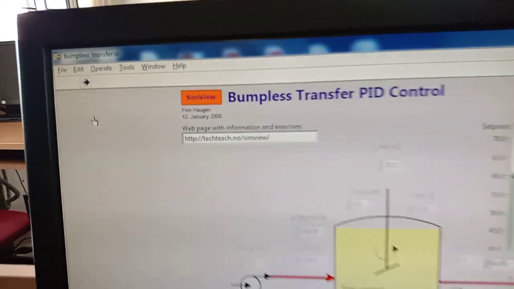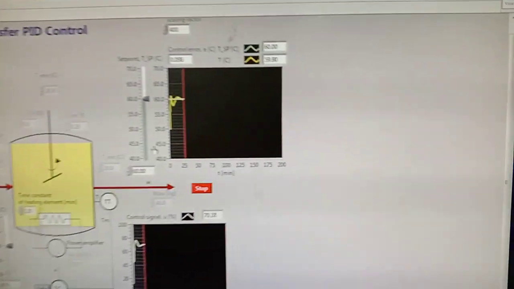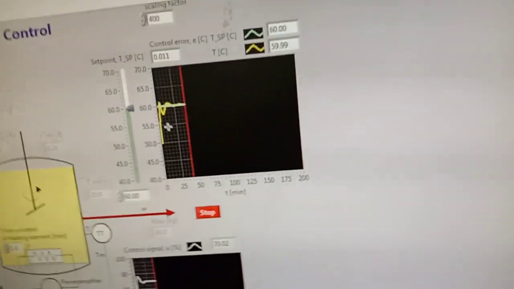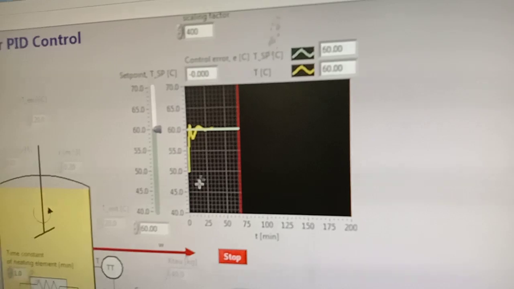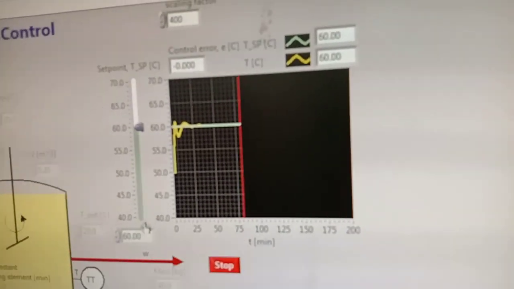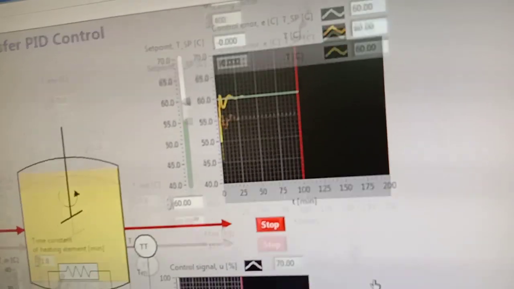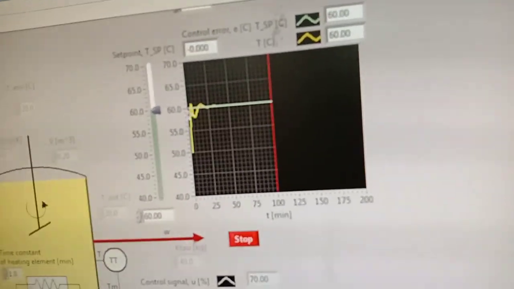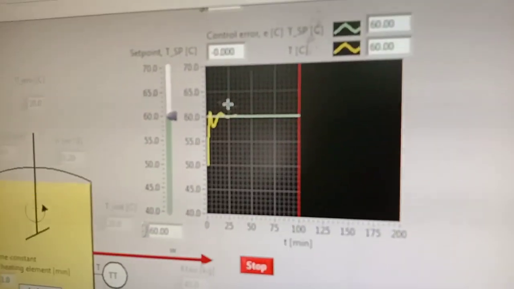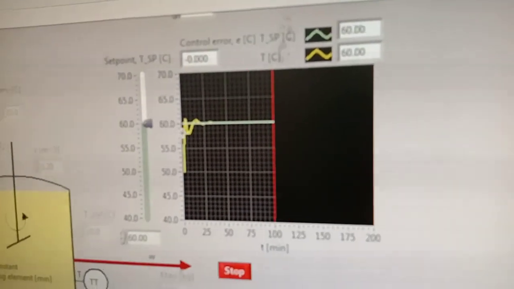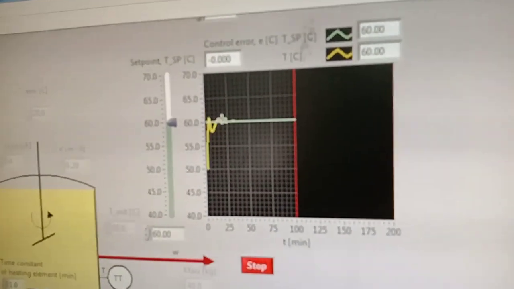So I am running the experiment, and you can see the graph here. Okay, so here you can see what is happening. Our set point is 60 degrees Celsius. In this region you can see there is some overshoot and some fluctuation.